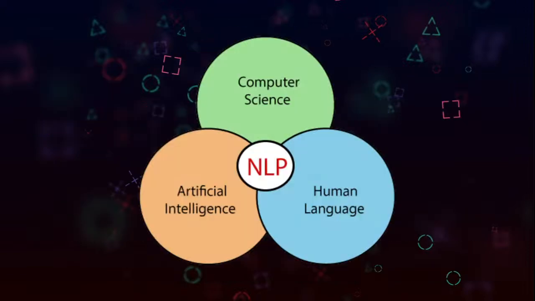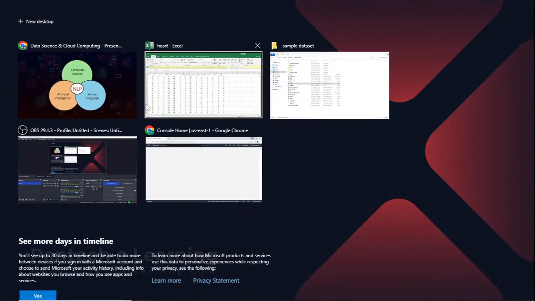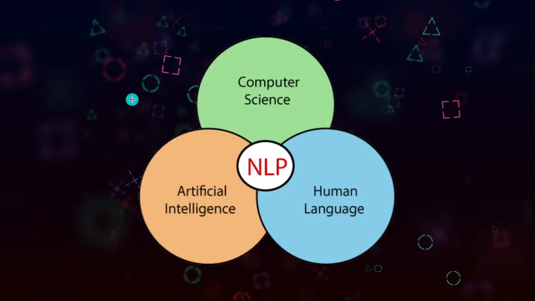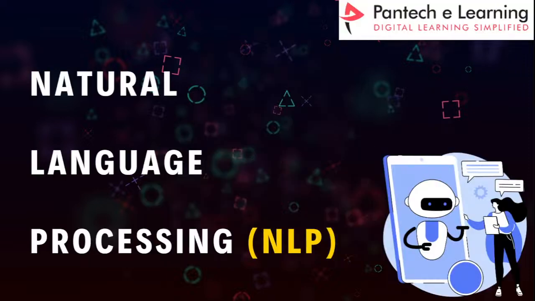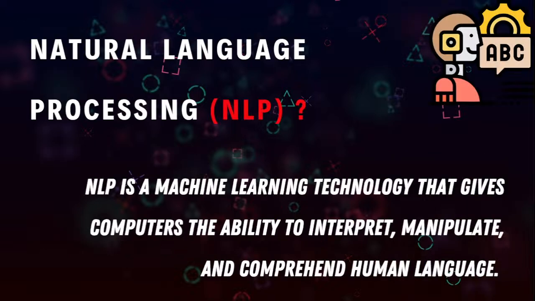One of the high-end applications of natural language processing available nowadays is ChatGPT. Natural language processing, also called NLP in short, is a combination of computer science, artificial intelligence, and human language. NLP is a machine learning technology. It's actually derived from machine learning, and it gives computers the ability to interpret, manipulate